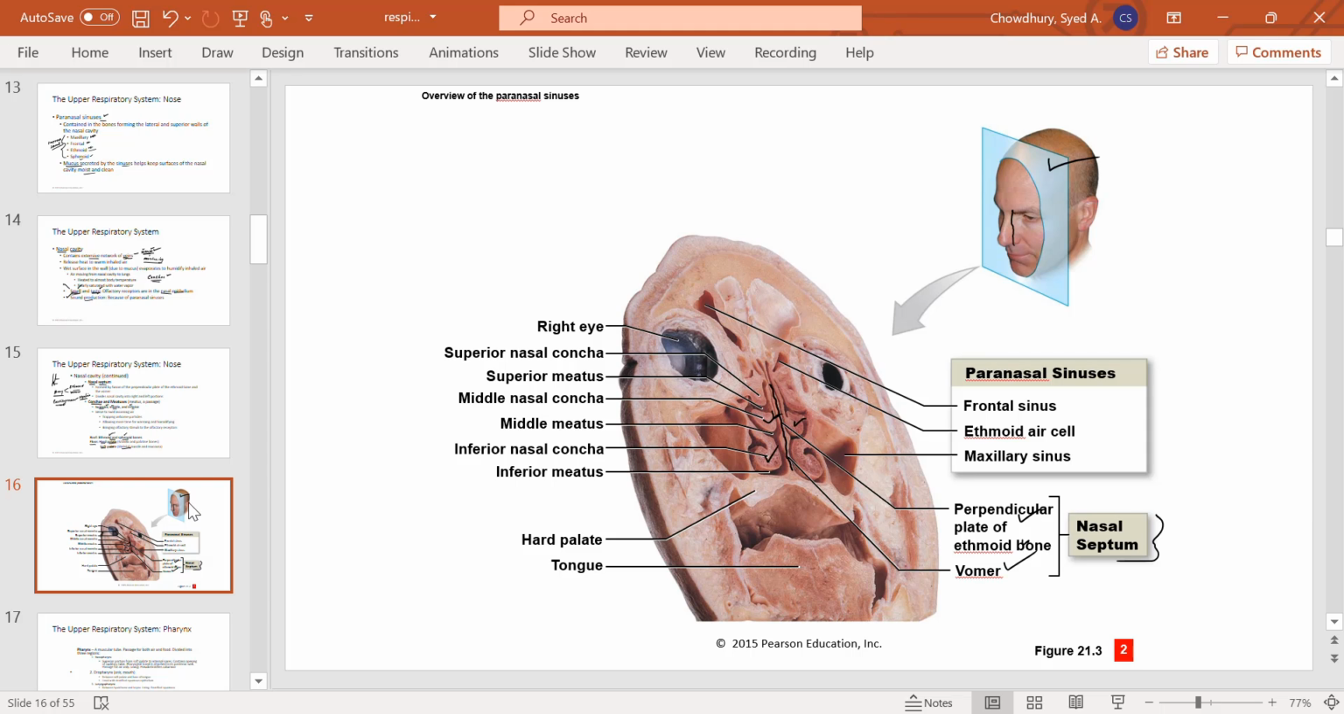These are nasal concha for air turbulence, and this is the floor of the nasal cavity, right? And you see this is the oral cavity. So oral cavity and nasal cavity, they are separated by the palate, and you can actually put your finger inside